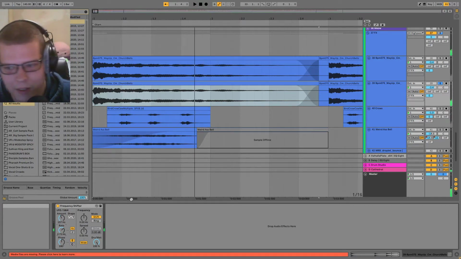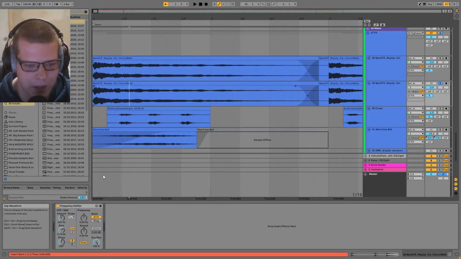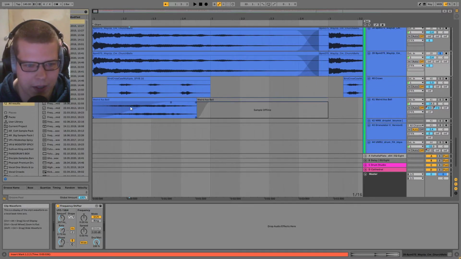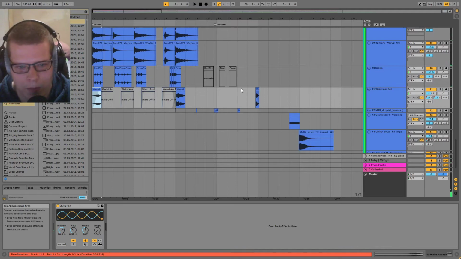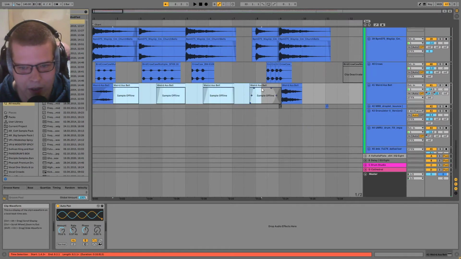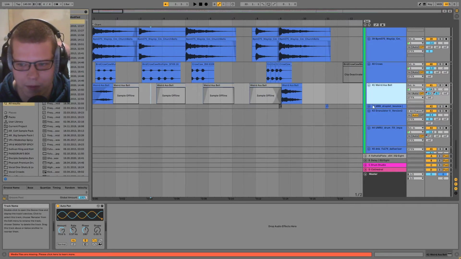Yeah, so you get the idea. It's pretty much just this bell plus this frequency shifting, except I had slightly different settings, equals this. And then there's a bunch of them missing. I don't know why they went missing, but they're just going to be the same thing, slightly different resamples of it.